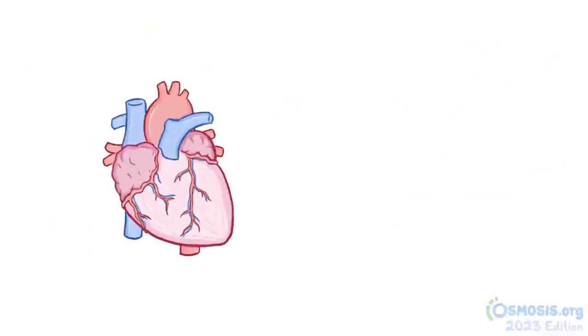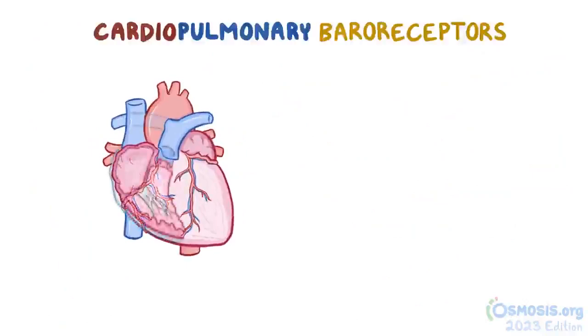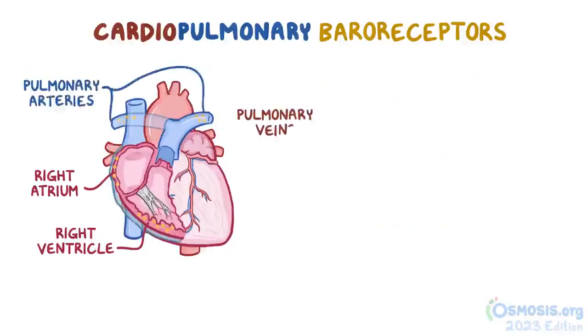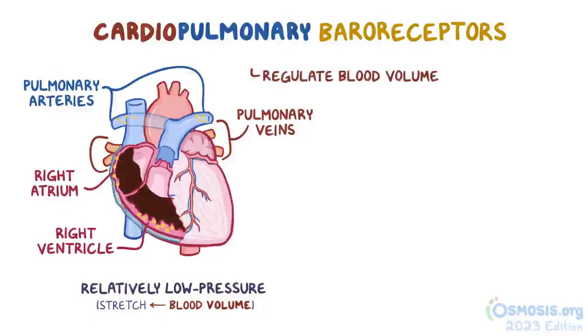Now, the other type of baroreceptors are called cardiopulmonary baroreceptors, and they're embedded within the walls of the right atrium, right ventricle, and pulmonary artery and veins. These are all relatively low pressure areas, so the stretch of the walls mainly depends on the blood volume flowing through, or the fullness of these vessels. This is why these baroreceptors are mainly responsible for the regulation of blood volume, and are also known as low